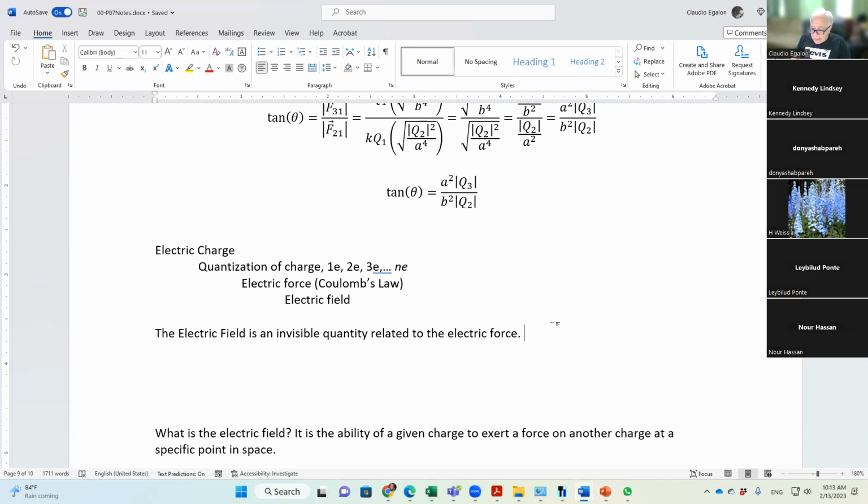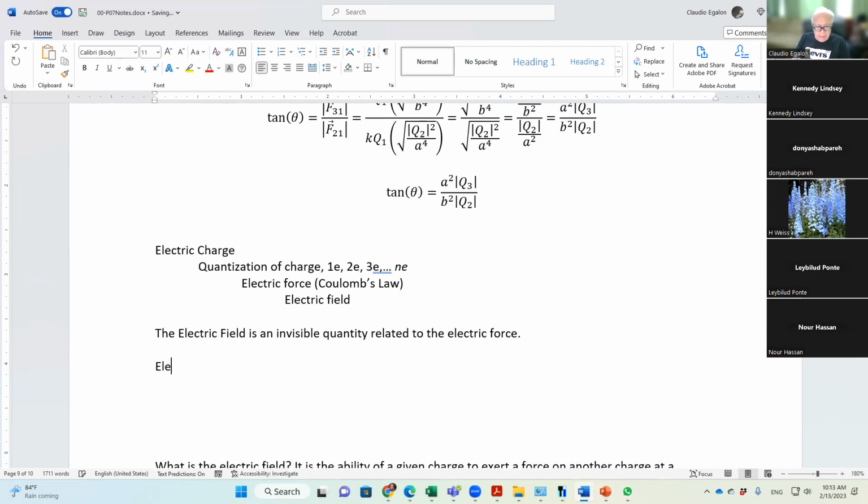Okay, so I like to define the electric field as the ability of a charge, I'm going to call it a main charge, to exert a force in a given point in space. Okay, even though you may not have anything at that spot,